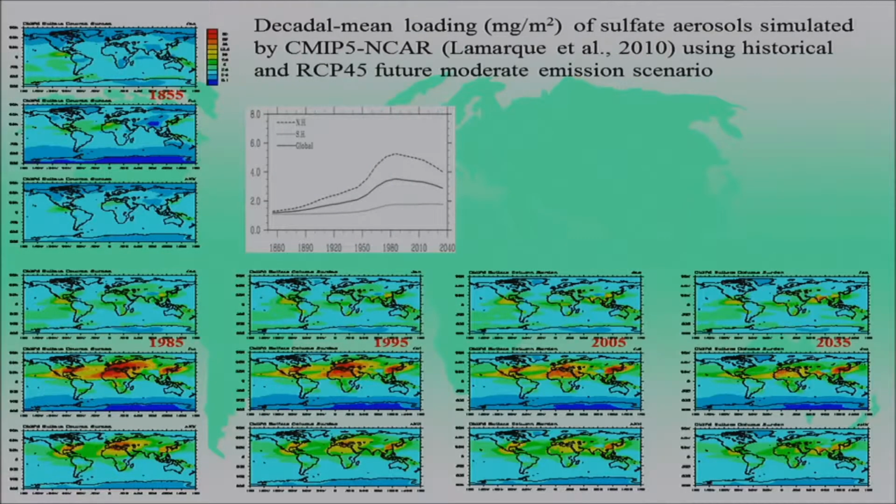Of course, most of the sources are in the northern hemisphere land area. So you have a northern hemisphere and a southern hemisphere. That's the global mean, so there's a hemispheric contrast. It's primarily from three regions: North America, Europe, and also East Asia, although South Asia, the Indian and Arabian Peninsula, is coming up in terms of their